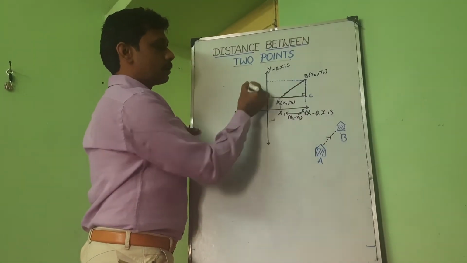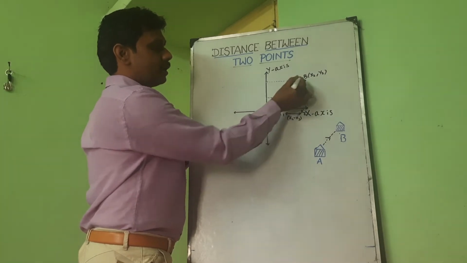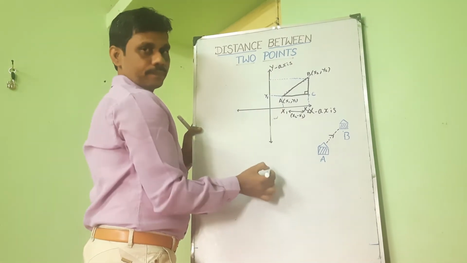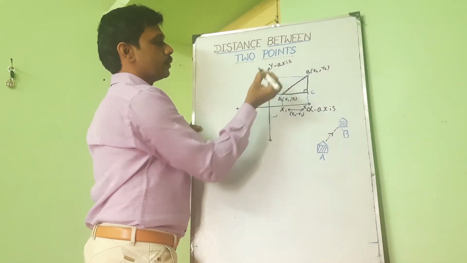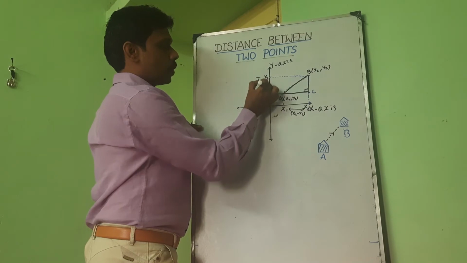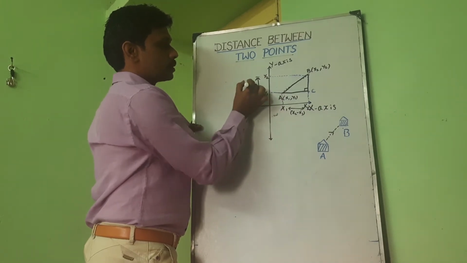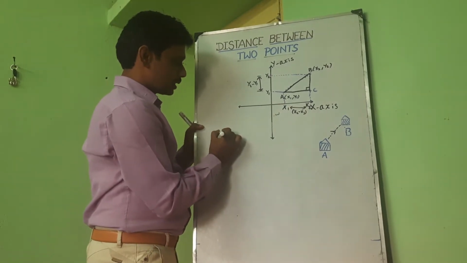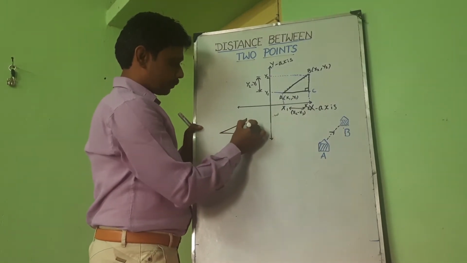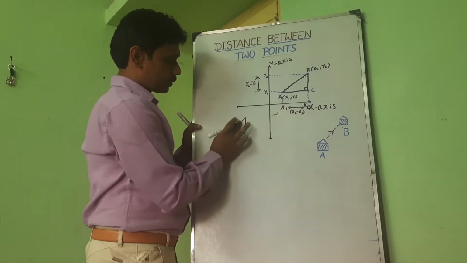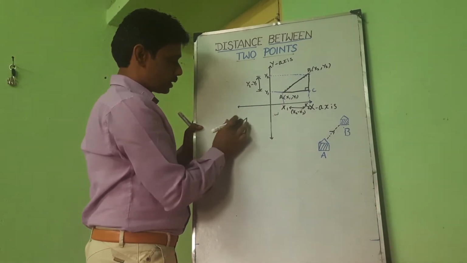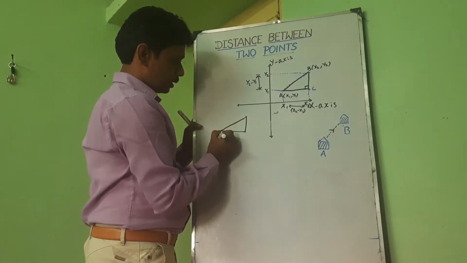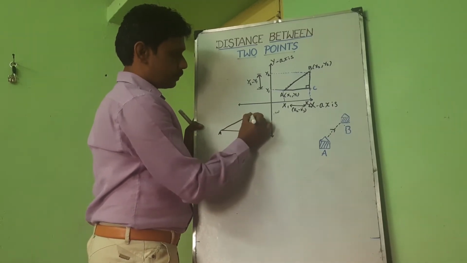Similarly, for the perpendiculars drawn from A and B on the y-axis, if you see the distances, this is y1 and similarly this is y2. So the distance between these 2 points will give y2 minus y1. So consider the separate right angle triangle here. This is a right angle triangle from the same xy plane. We are considering the same right angle triangle A, C and B.